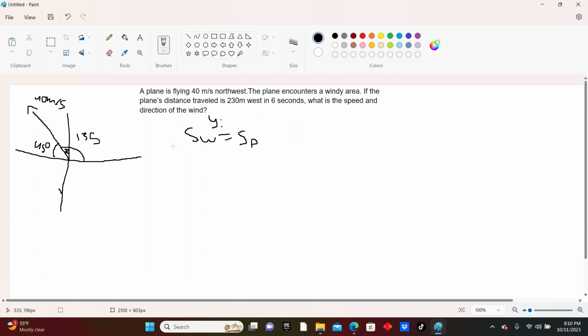And if these vertical components are canceling out, that must mean that they're traveling in opposite directions. So if the plane is traveling in the north direction, that must mean that the wind is going in the south direction. Using this information, we can now find the wind speed by first finding the plane speed. The speed of the plane in the y direction is just 40 sine 135. So 40 sine 135 is equal to, if you plug it in, you should get 28.28